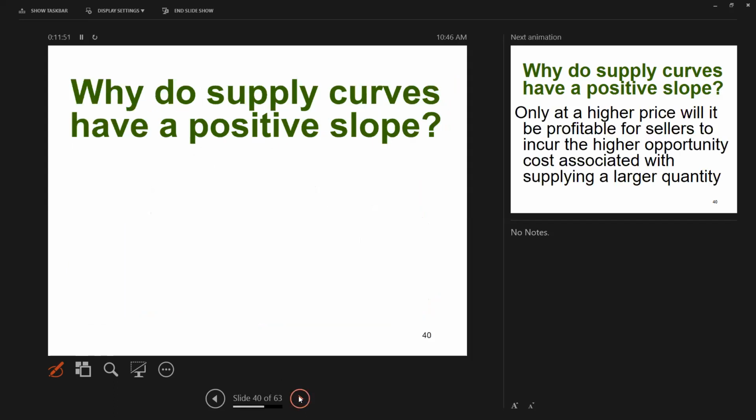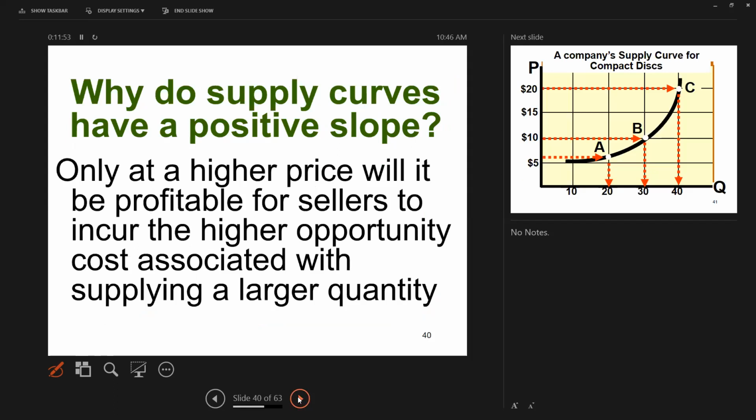Okay. That gives a supply curve a positive slope. If you remember from Appendix 1A, we said that if as X gets bigger, whatever's on your X-axis, in this case Q, causes Y to get bigger, in this case price, that direct relationship causes the supply curve in this case to have a positive slope, to slope upward and to the right. If we were to calculate the slope here,